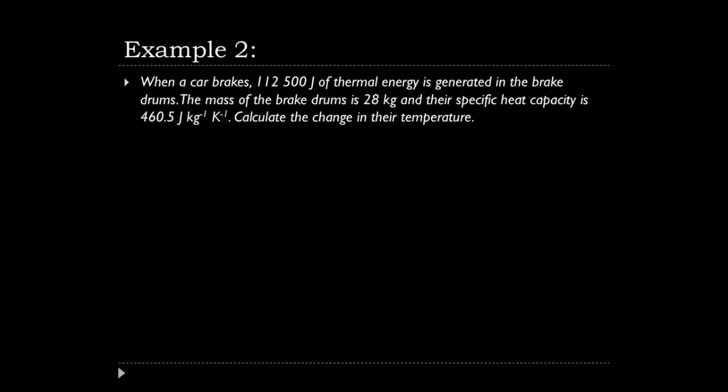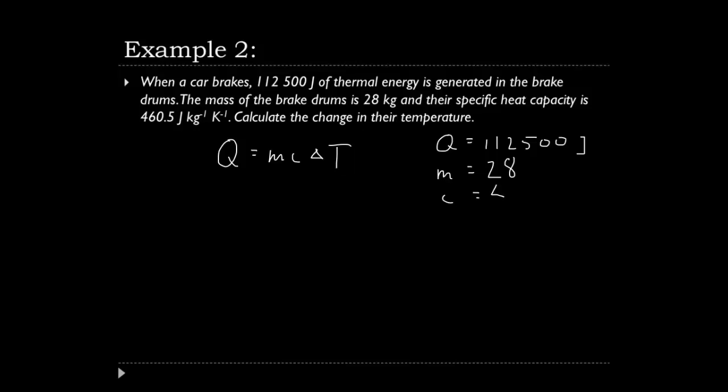Again, we're going to use Q equals mc delta T. In this case, we know that Q equals 112,500 joules, we know that m is equal to 28, and we know that c is equal to 460.5